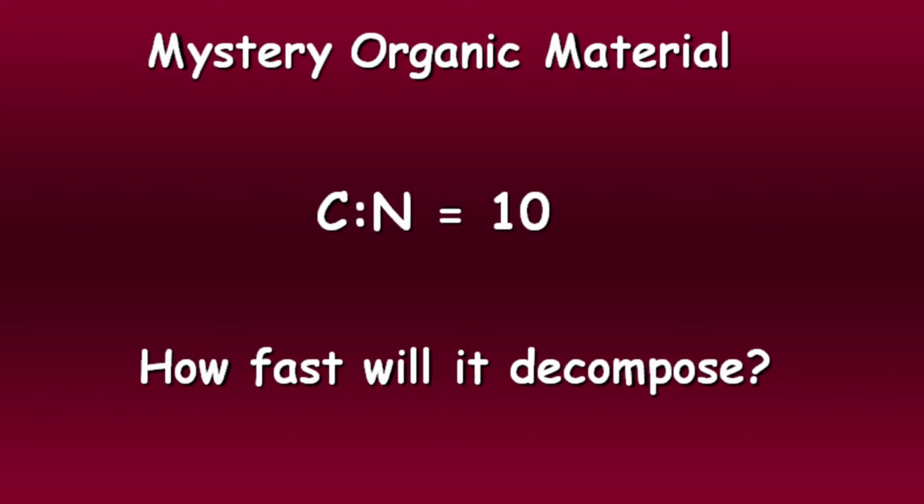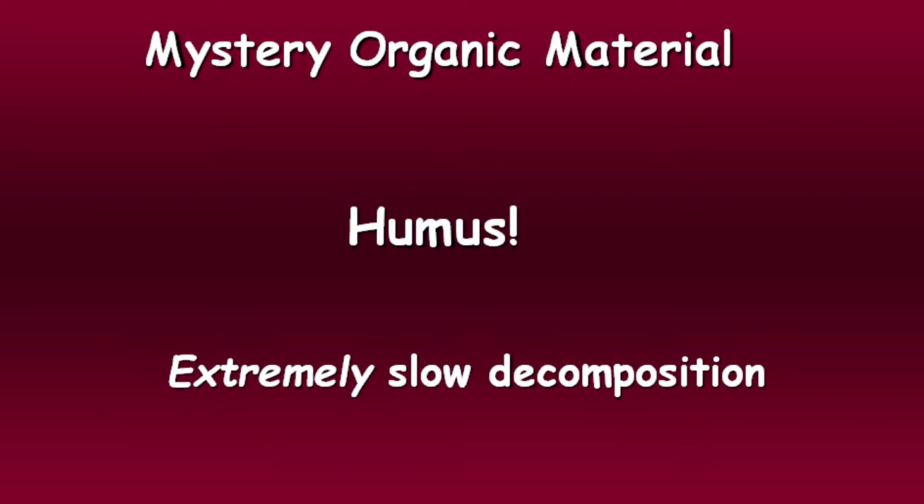Yeah, and depending on what it is, that could be true. But humus has a carbon to nitrogen ratio of 10 to 1. So we know that that's extremely slow to decompose. So that's where carbon quality comes in to modify our concept of carbon to nitrogen ratio. Carbon to nitrogen ratios are nice to know, but you've got to know something about the carbon quality in your material as well. That was kind of a trick question.